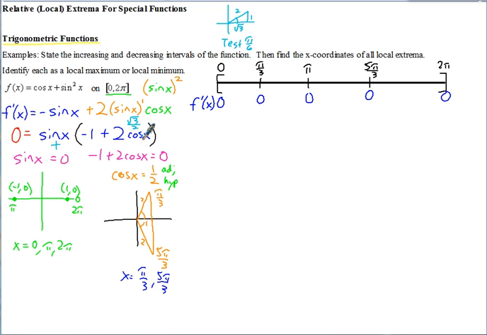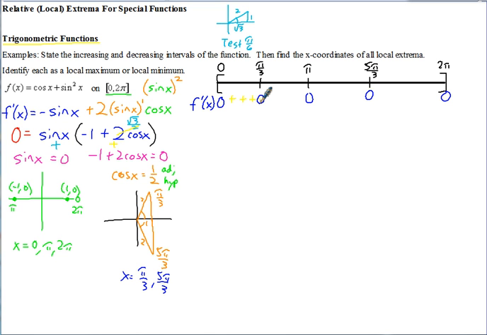So if you plug in root 3 over 2 for cosine, notice what's going to happen is the 2's reduce out, and we'd be left with negative 1 plus root 3. So negative 1 plus root 3, square root of 3 is a little bigger than 1, so that's going to end up being positive. So positive times a positive,